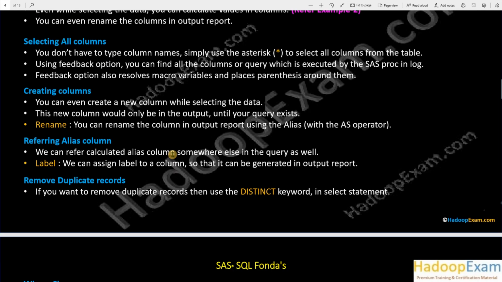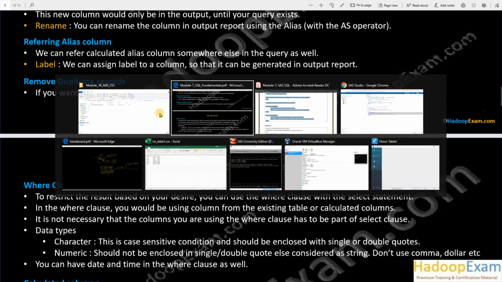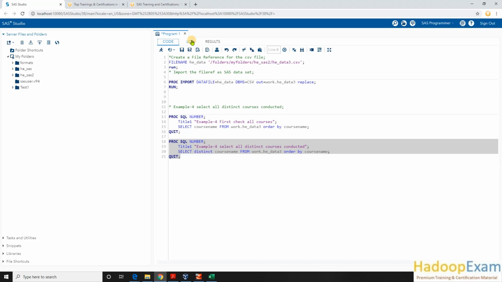Okay, so in this we will cover the remaining examples as well. SAS provides ways to select a column from a particular table and to select distinct columns, which we have learned. Now I want to restrict my data based on some condition. I don't want to select every record, like you have seen in my previous example. Here we are selecting every record, correct?